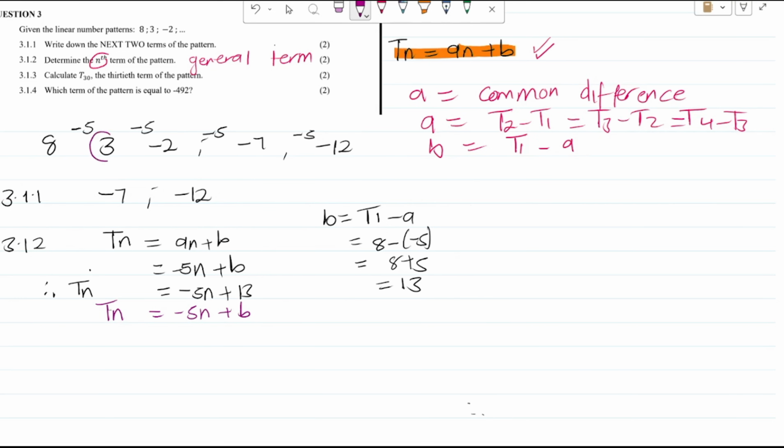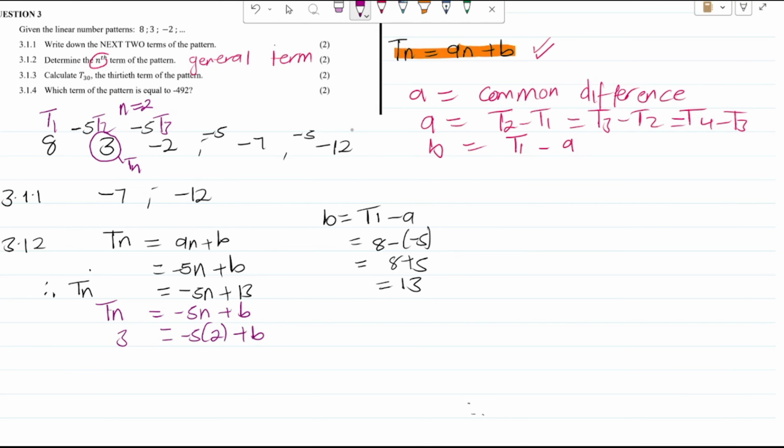If we choose 3, notice that 3 is the value of Tn, and T1, T2, T3, and 3 is on term number 2, meaning where there is n in the formula, you're going to substitute 2, okay? So we'll substitute 3 here and say equals to negative 5 multiplied by 2 plus b,